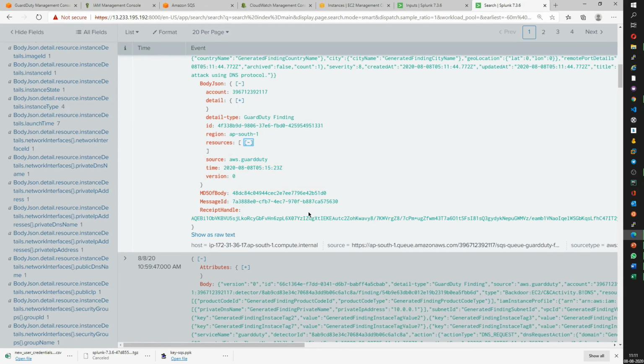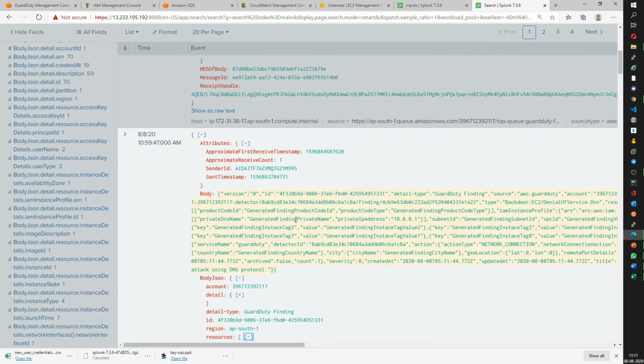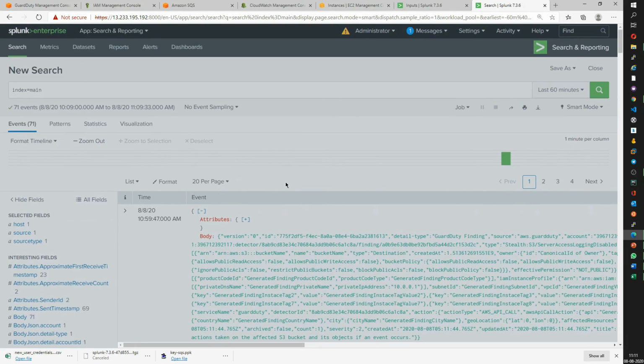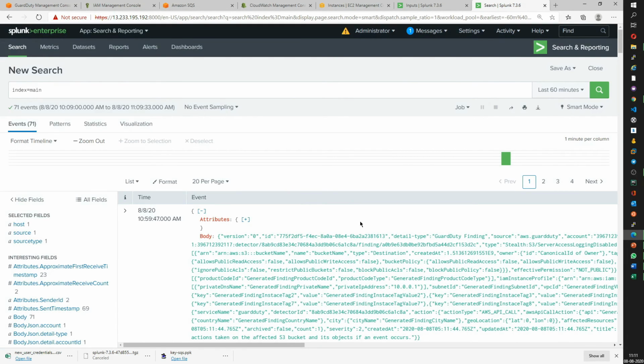So this is the way through which you can onboard AWS GuardDuty onto Splunk, and then create some alerting based on the score of the GuardDuty findings, and then the analyst can perform the investigation on the same.